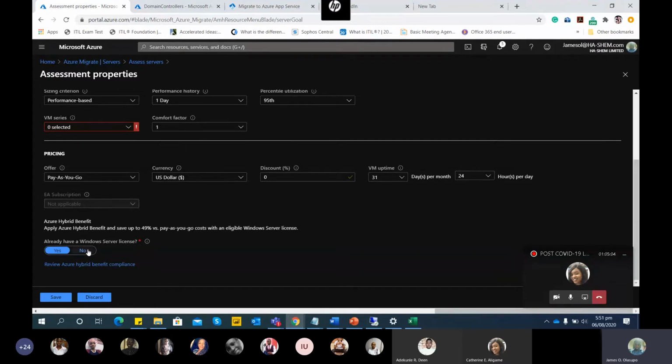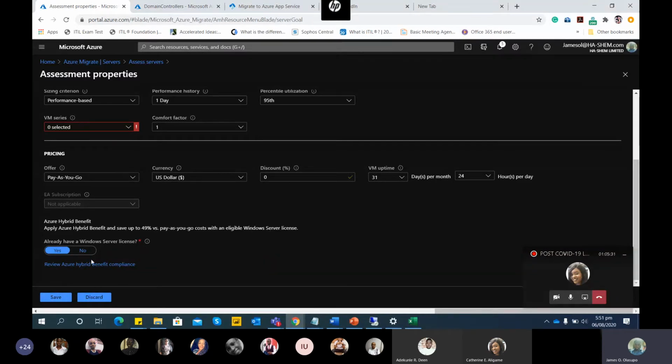You have Windows Server licenses, and you want to bring them to Azure. So we can give you advice or recommendations as regards how you can use your on-premise licenses in Azure as well,